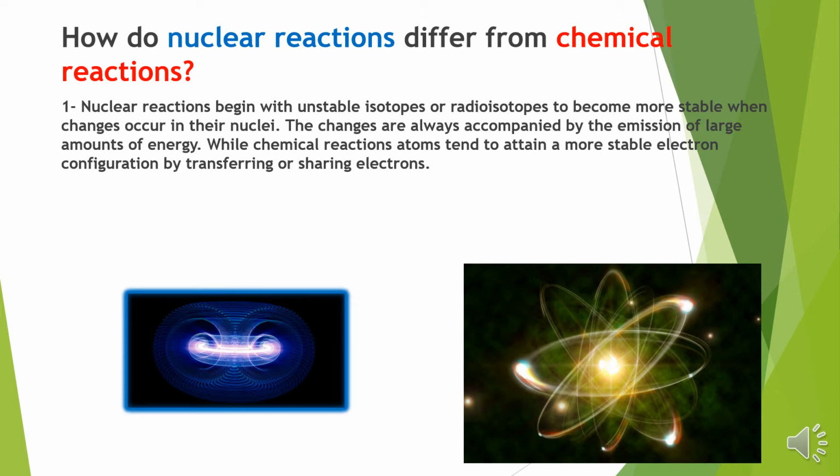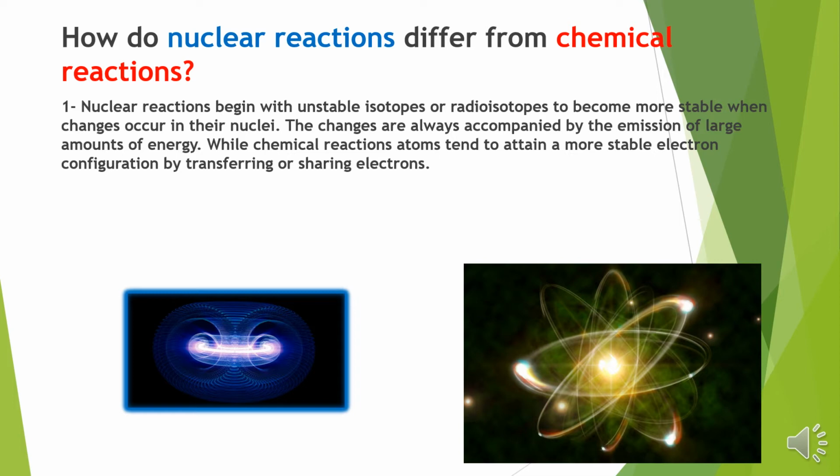So, when we say nuclear reactions, it begins with an unstable isotope. So a radioisotope, in this case, becomes more stable. One, changes occur in their nuclei. The changes are always accompanied by the emission of a large amount of energy and by the emission of rays of radiation. While in chemical reactions, atoms tend to attain a more stable electron configuration by